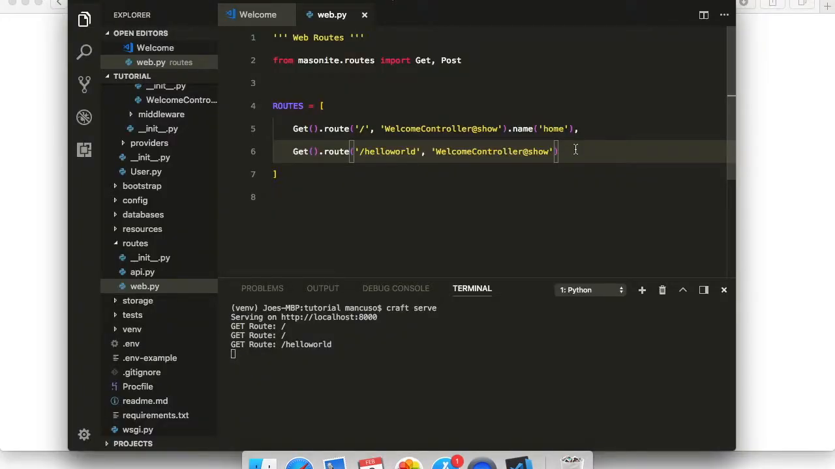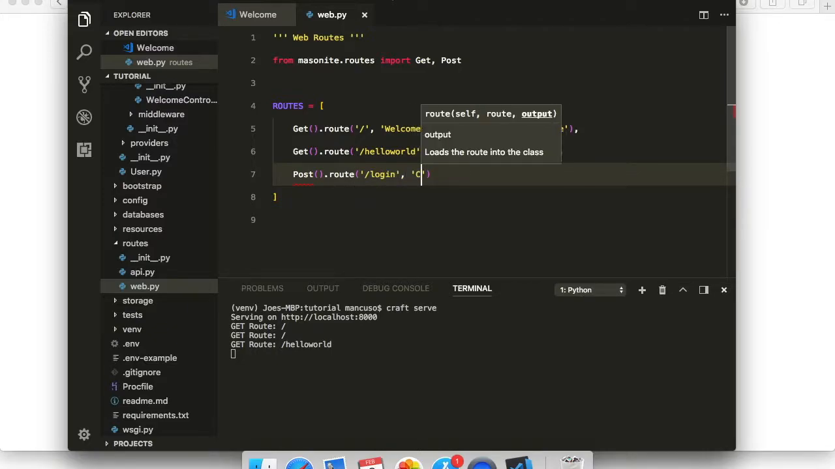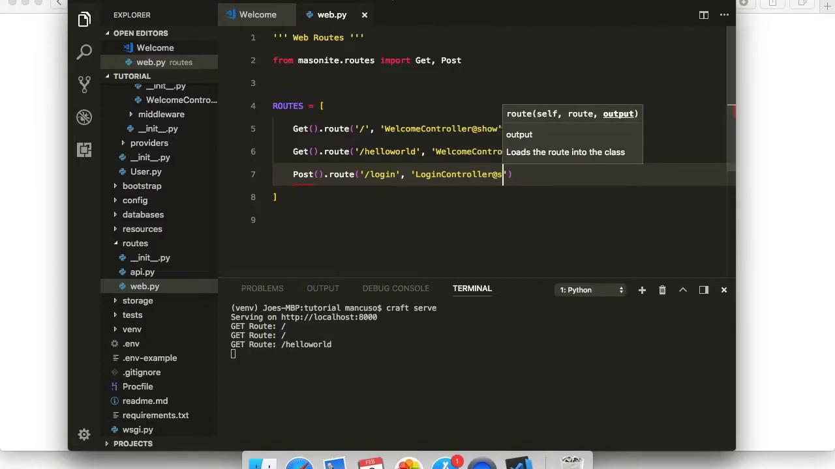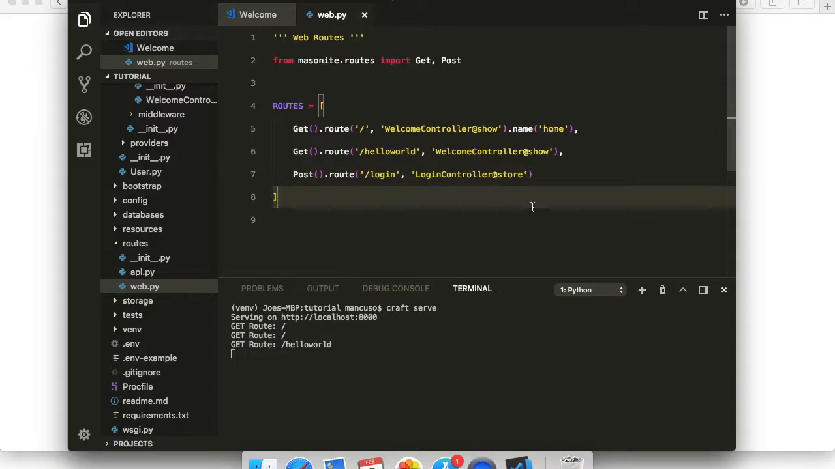And the same exact thing happens for post. So if we had a post route and we wanted to say we were logging in somebody, it'll be something like login controller at store, because we want to store it, and that's it. So now whenever a post request is to the login URI, it's going to fire off this login controller at